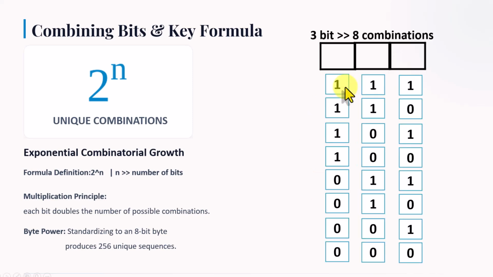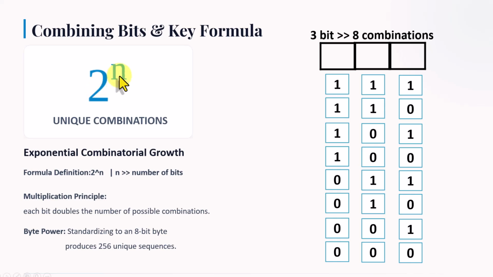Okay, and if we have 3 bits, in 3 bits we can have 8 different combinations. All of them can be 1, then 1 1 0, 1 0 1, 1 0 0, and so on, we have different combinations. So combining bits allows us to have different combinations and store complex data or different values inside a computer. Okay, so for the number of combinations according to the number of bits, we have